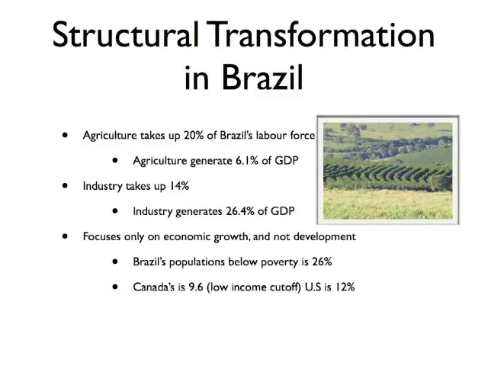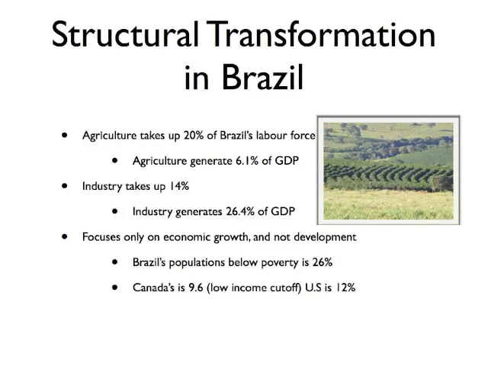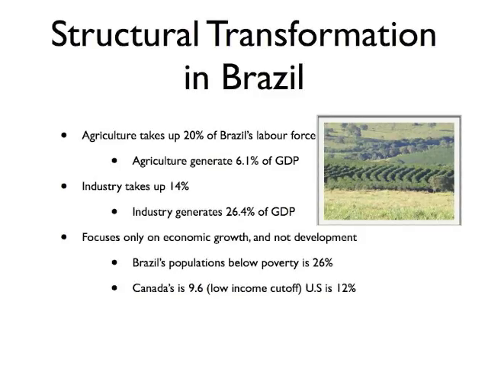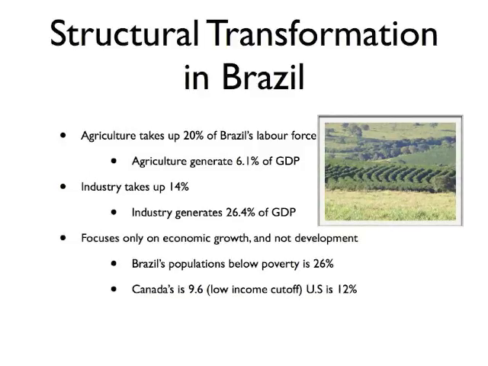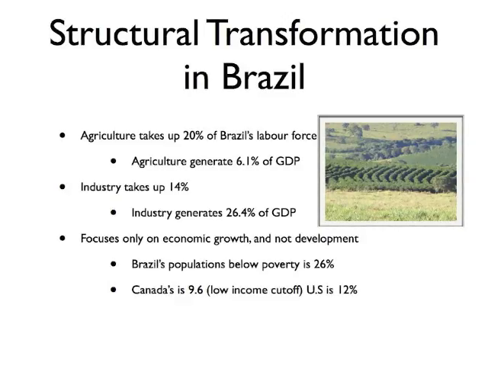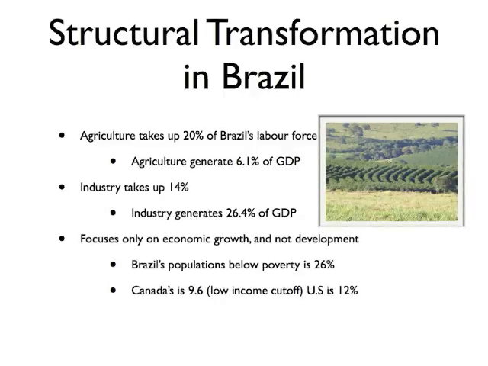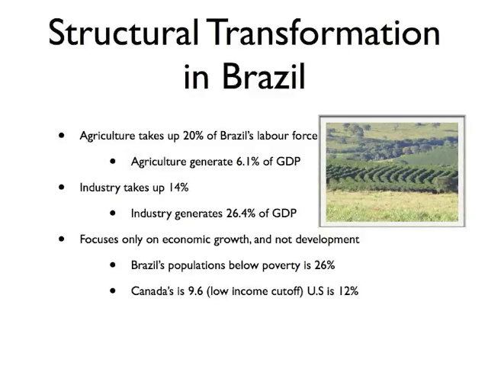Brazil's agriculture takes up 20% of Brazil's labor force, but only generates 6.1% of Brazil's GDP, while the industries take up 14% of labor and generate 26.4% of Brazil's GDP. This shows that there is still room for the dual sector model to be applied. If more labor working under agriculture moves into the industry sector, then the GDP will rise sharply, and with increased GDP and profit that the individuals made, there will be more investment into technological advances which could potentially free up more agricultural labor.